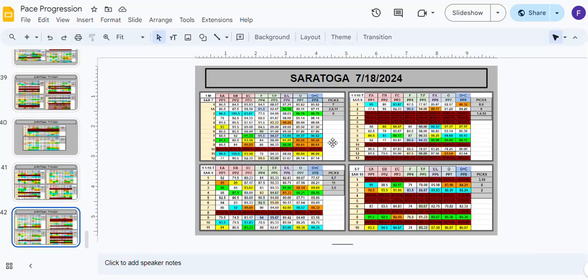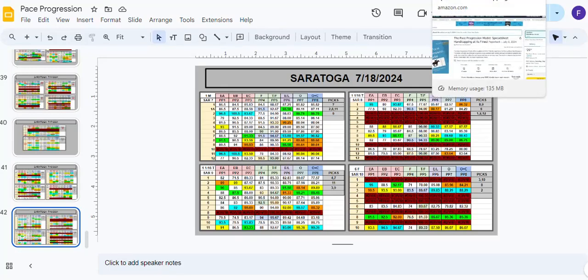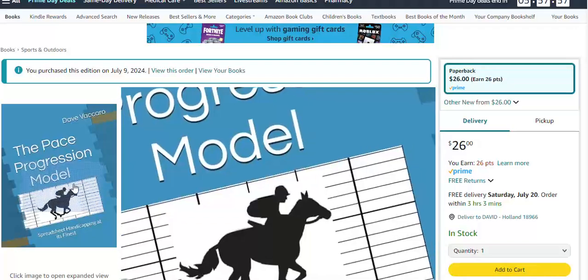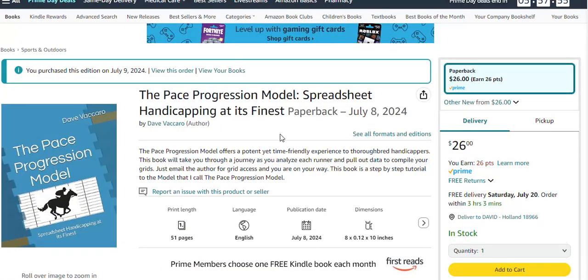But before I get into these races, I got one comment on a YouTube video, and I got a couple emails asking about the book version of the pace progression model and what the difference is. I did talk a little bit in my last video on what the difference is, but I want to spend a little more time on really clarifying and answering that question. And what they're referring to is the pace progression model book that I have in print on